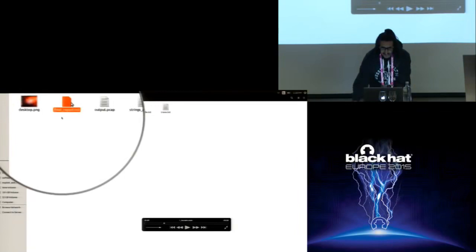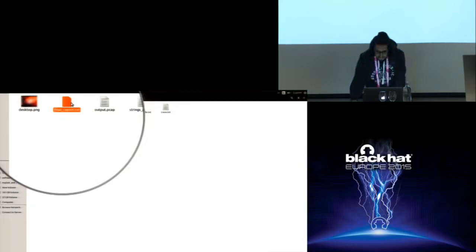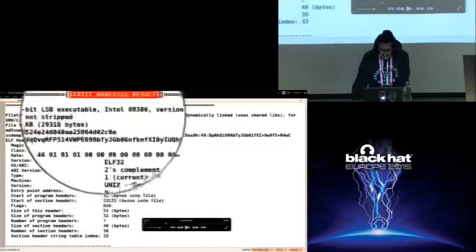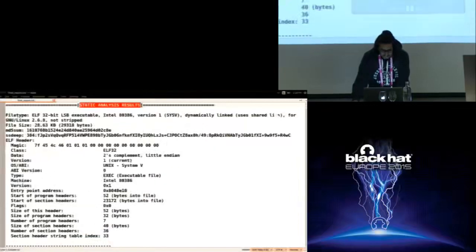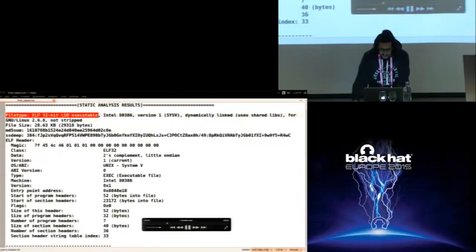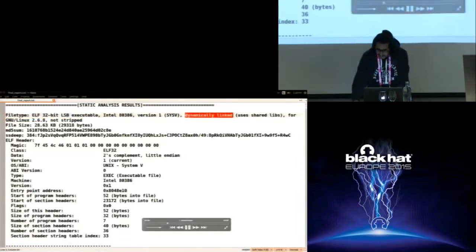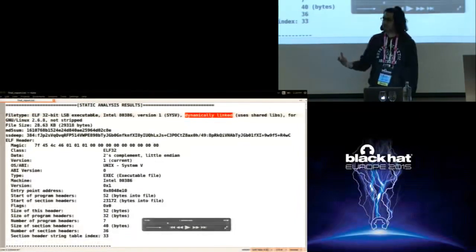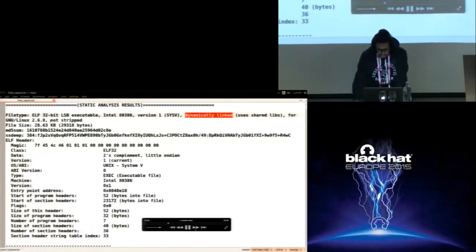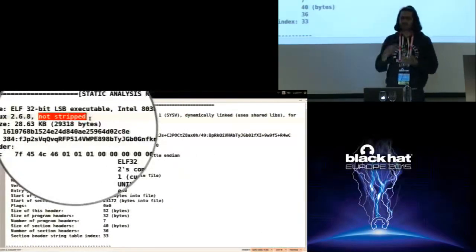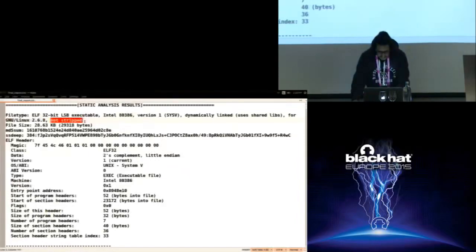So this is the report file. It stores in a text file, and you also see that it stored other artifacts like the packet capture. So let's look at the report file first. So these are the static analysis results. As you can see here, the file type is a 32-bit ELF executable file. So you know the target is Linux. Also, you see that it is dynamically linked, meaning it relies on some shared libraries. And also, it is not stripped, meaning the symbols are not stripped, which means looking at the symbol table can give you references to some interesting function names and variable names. So we'll see that in some time.